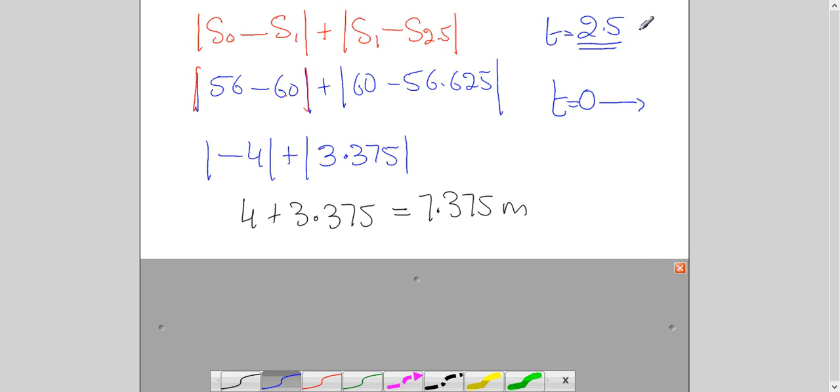If the question had said, find out the distance covered in 6 seconds, for example, let me just explain that example. Then I would have taken S1 to S3 and S3 to S6. I'm repeating: if the question was find the total distance covered in 6 seconds, then I would have taken from 0 to 1, 1 to 3, and 3 to 6. Exactly the same thing, but in this way, because the object is taking a turn at 2 points.